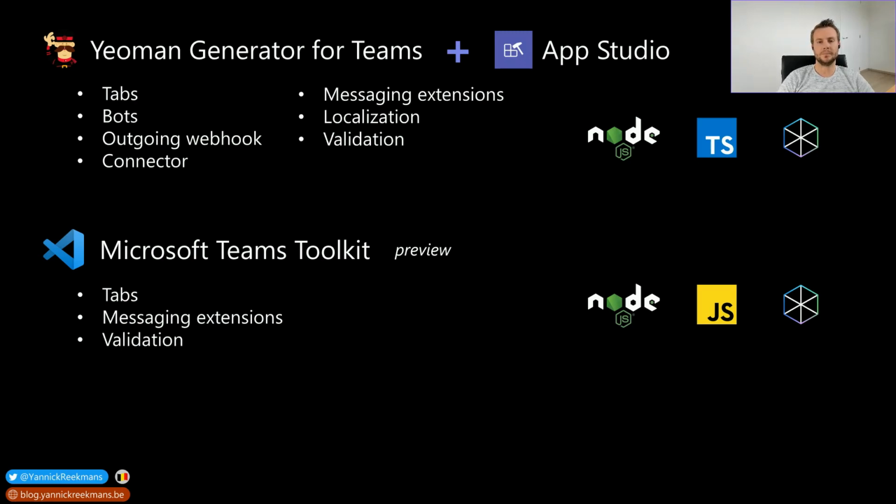So it's a bit strange that they put out a new extension that's not built on top of the Yeoman generator, and that they're not continuing the work that's already been done by the community. It's especially strange because their Teams toolkit at the moment only supports tabs and messaging extensions and not all of the other functionality that the Yeoman generator also has,